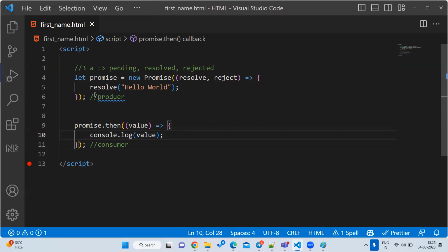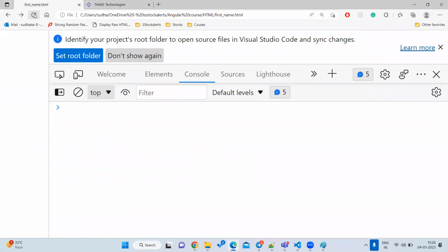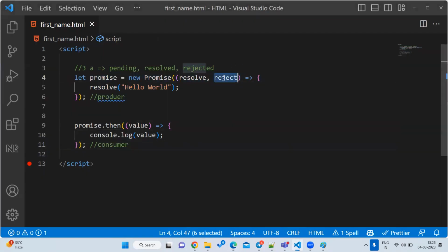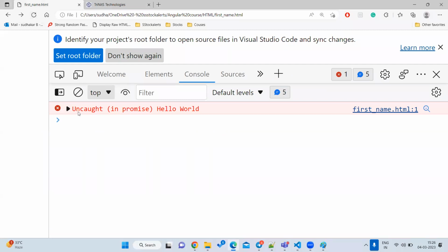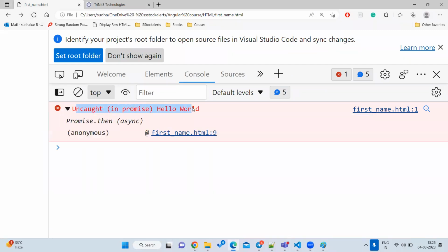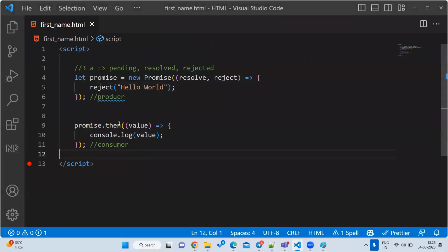So if you run this hello world, here we are creating a promise. This promise is calling which method? Resolve. Resolve means success, and we are subscribing also, right? That is the reason whenever we load the data, we get hello world. Suppose it fails, let us call the reject here. Reject means what? Failed. Let us see what will happen. If you reload, see what is the error? There is an uncaught in promise error. Error happened.